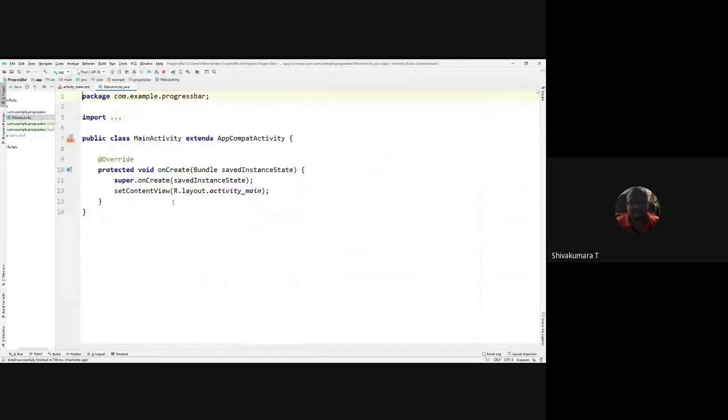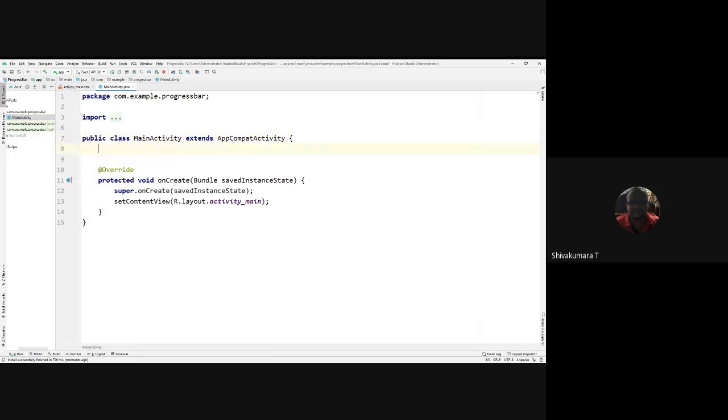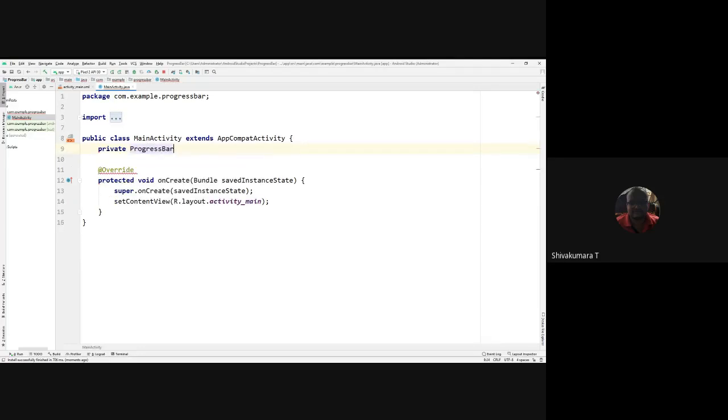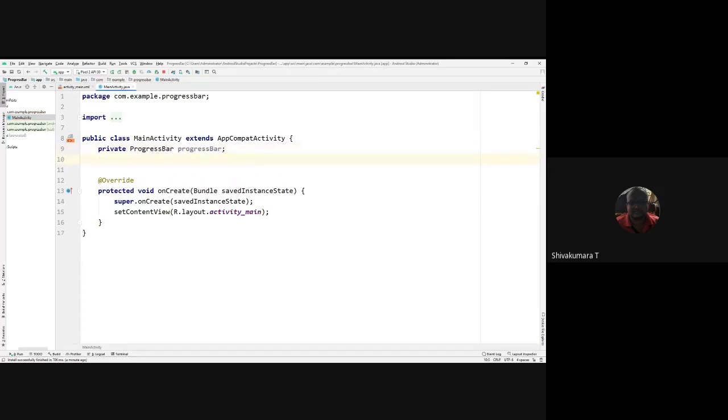So define the Java code for that progress bar activity. Private progress bar, create an object for the progress bar and set the beginning status of the progress bar.